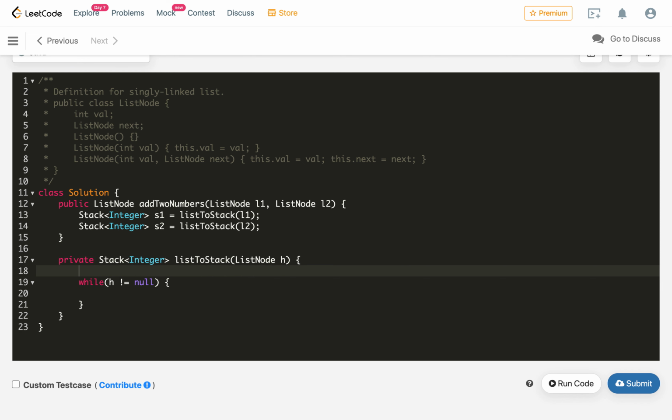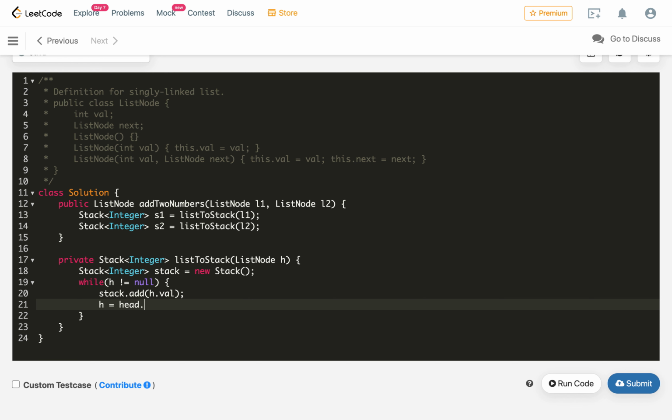So we need to define a stack of integer. So in this stack we will add all the elements, adding head dot value, values only, and update the head to head dot next. So this helper method is done.